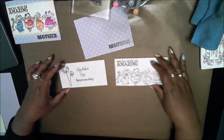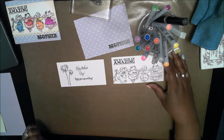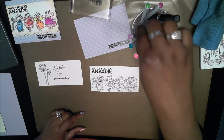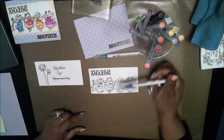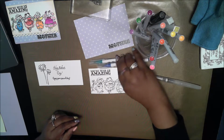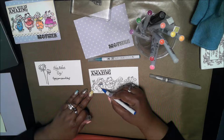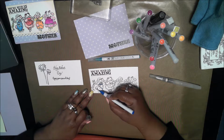Now I'm going to move on to the watercoloring. So I'm going to speed this part up because it's a slow process, because as I mentioned, I'm using a lot of colors. But I will start off with the boy bunny and speed through. You need your aqua pen and your colors. You just drop the colors in here and there. You don't need too much of this. I'm focusing on where the colors will be more heavy